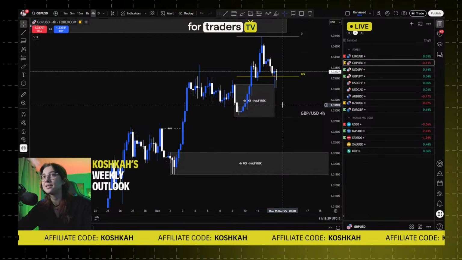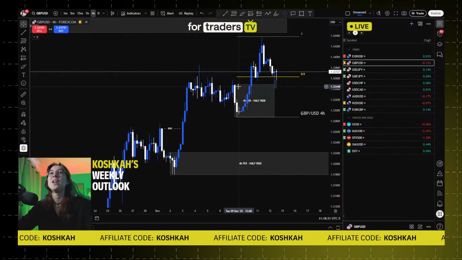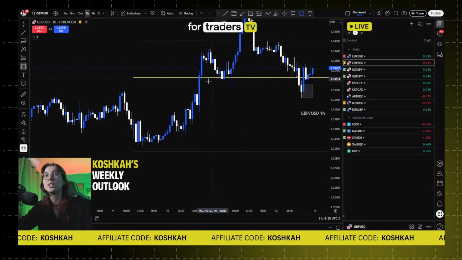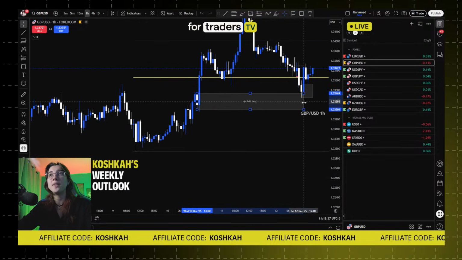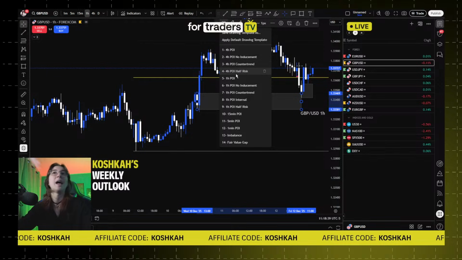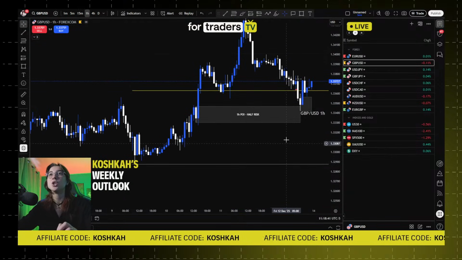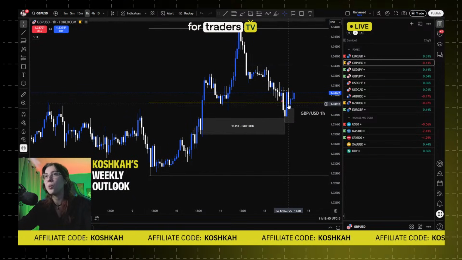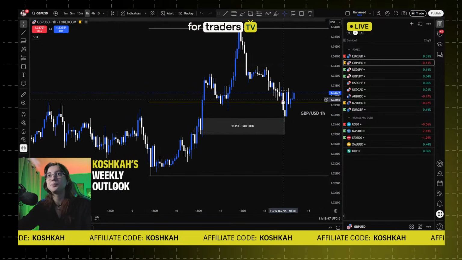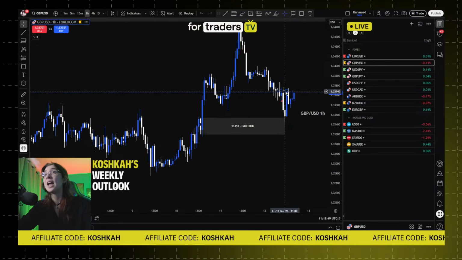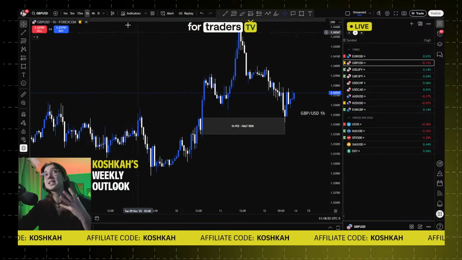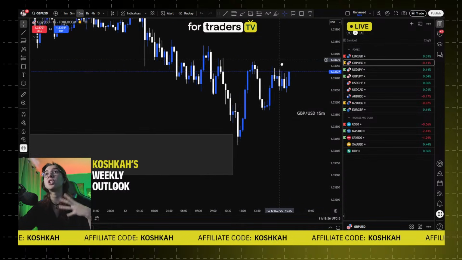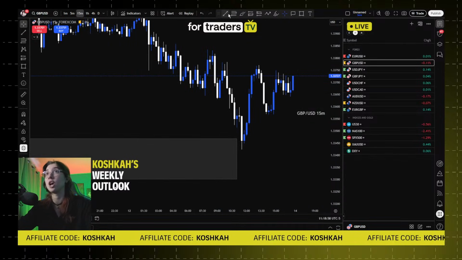This point of interest looks huge, I know. If you don't like this big point of interest, there is exactly a really, really similar one on the 1 hour right here. So anyway, it stays the same. Then price tapped into this 1 hour POI or the 4 hour POI. Anyway, it's the same area. We tapped into it. According to my strategy, the next step is to go on the 15 minutes and wait for a 15-minute change of character / break of structure to the upside.